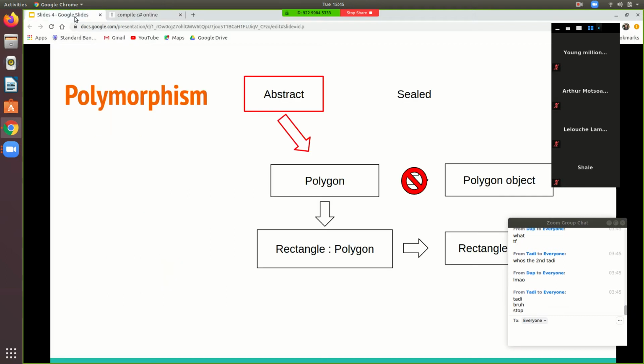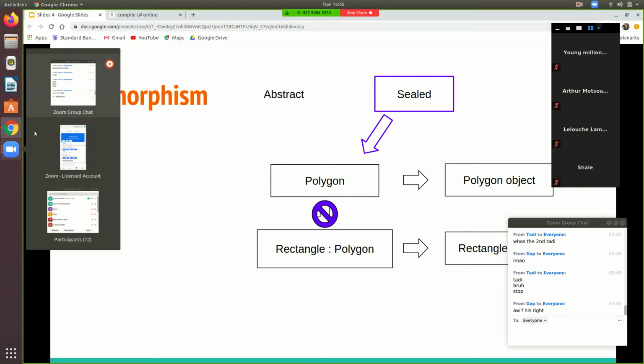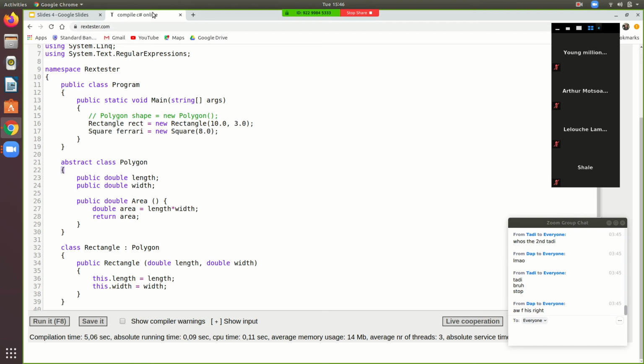Guys, you understand what abstract does? Let's see this second idea. Let's try making polygon sealed. Polygon is now going to be sealed. This will obviously break our whole example, right? So if I say sealed, like so,